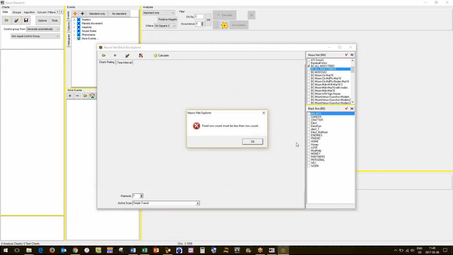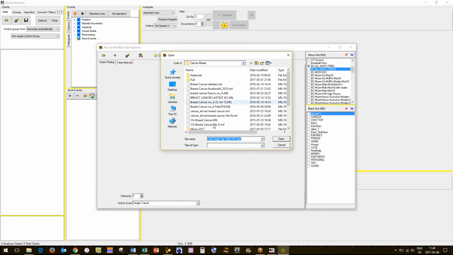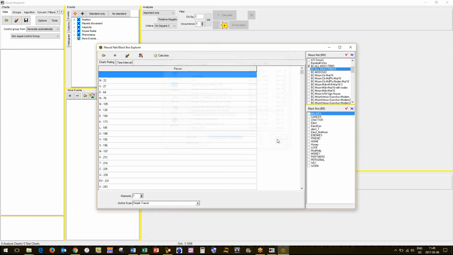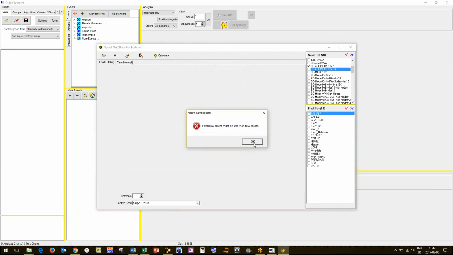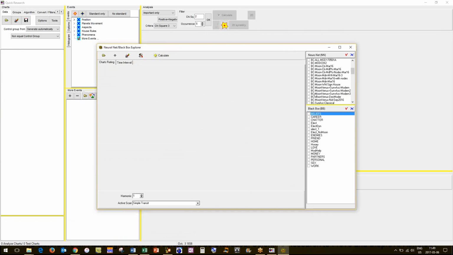And when we run the analysis against people who don't have breast cancer, again, cancer is kind of tricky too, because these people here all have different types of cancer. So some things get picked up. Oh, sorry, I'm using the wrong one here. I've got so many breast cancer.